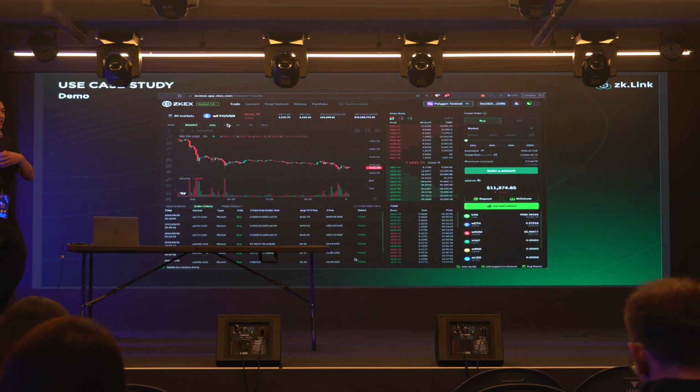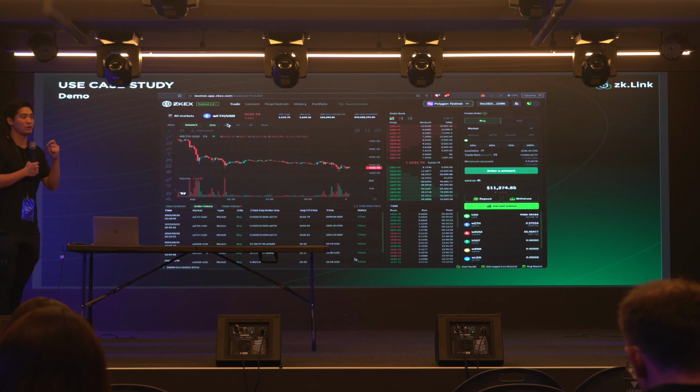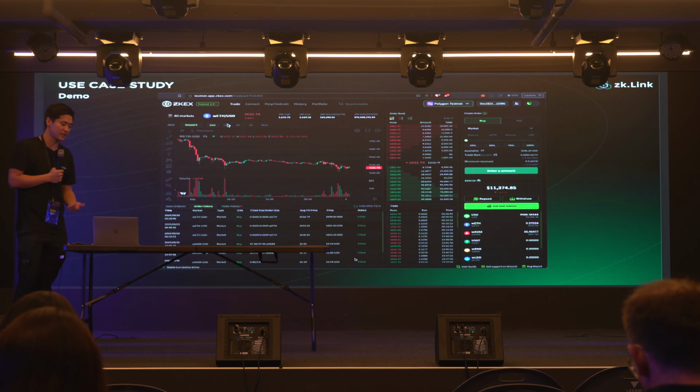And also, you can merge the token liquidities. For example, when you deposit USDT from Arbitrum, from Ethereum, or from BNB chain, they will be automatically merged into the same USDT, so you have these liquidities combined. You will also be able to use different gas tokens as collaterals, and hundreds of tokens will be supported as collaterals to trade derivatives. This will greatly improve capital efficiency and unlock new trading opportunities for on-chain users.